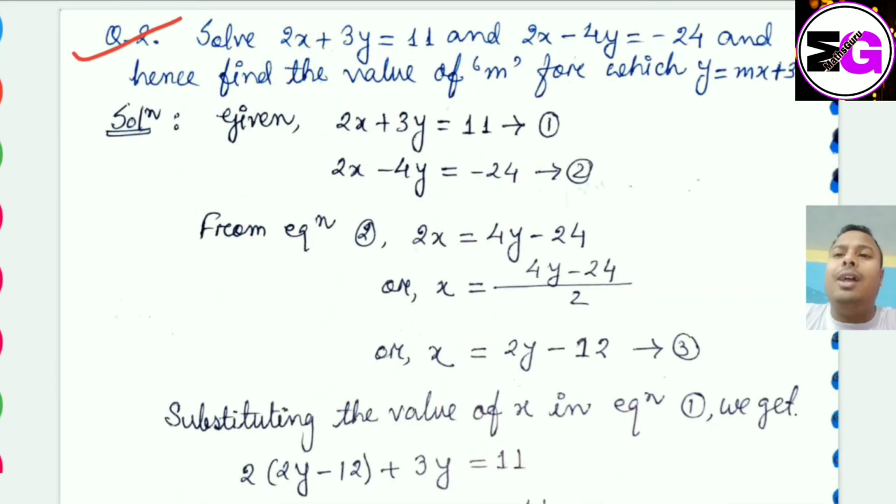So the next problem is: solve twice x plus thrice y equals to 11 and twice x minus 4y is equals to minus 24, and hence find the value of m for which y equals to mx plus 3. ঠিক আছে, so আমি প্ৰথমতে